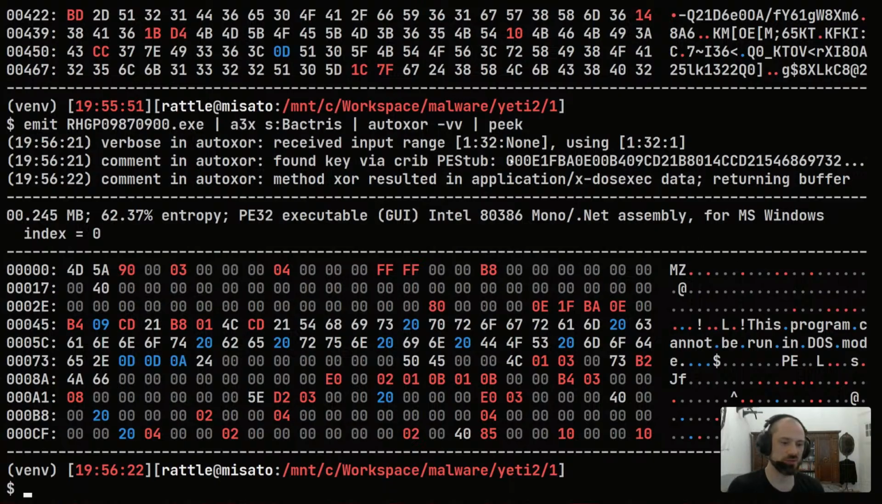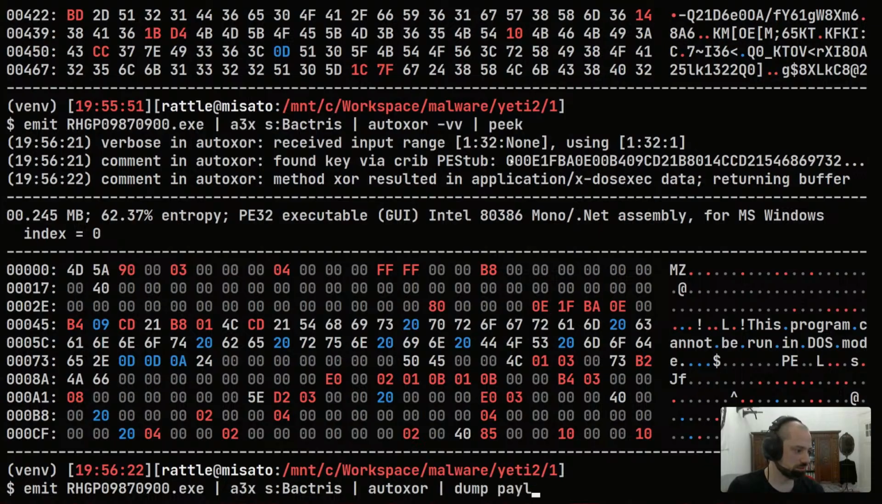So it knows a bunch of strings that are known to occur in certain files at certain offsets, and then you can use that as a known plaintext or chosen plaintext attack against multi-letter XOR keys. Anyway, this is almost certainly the payload, so we can dump it to disk,